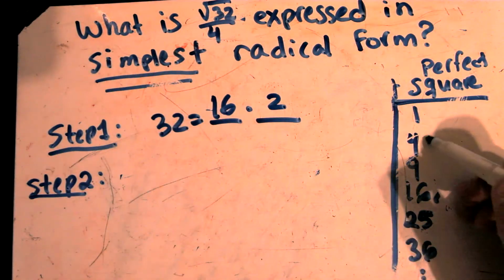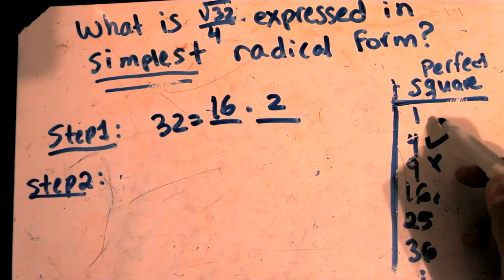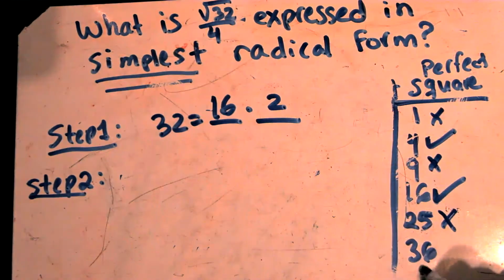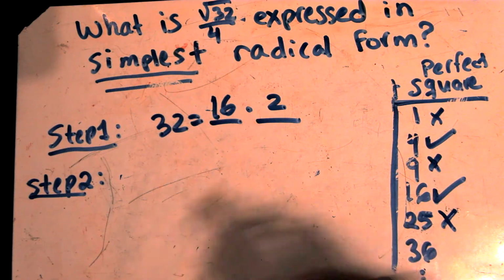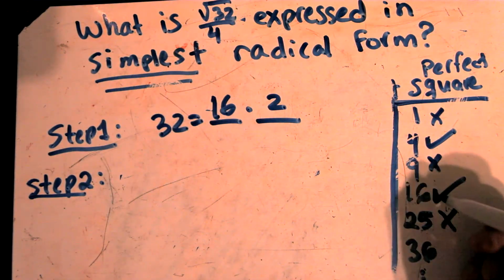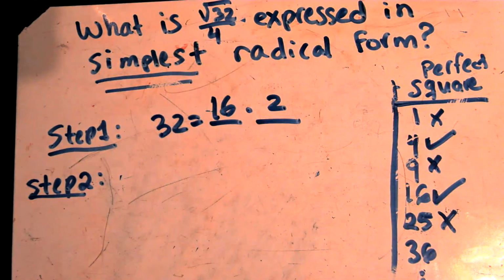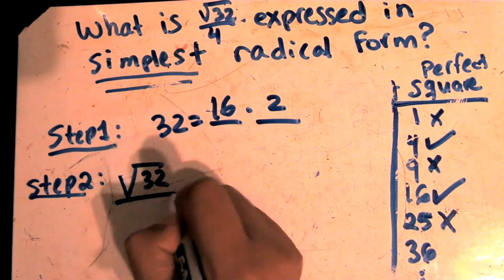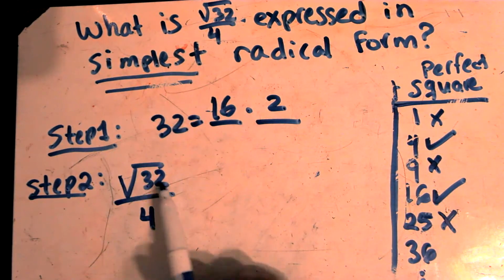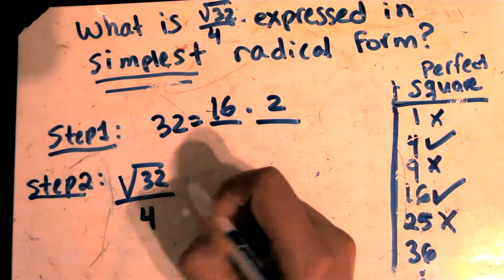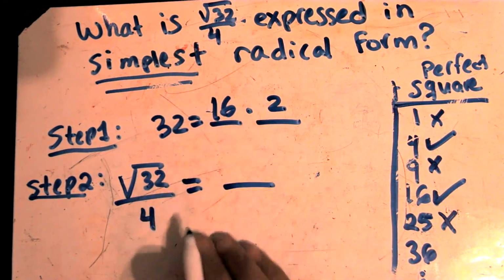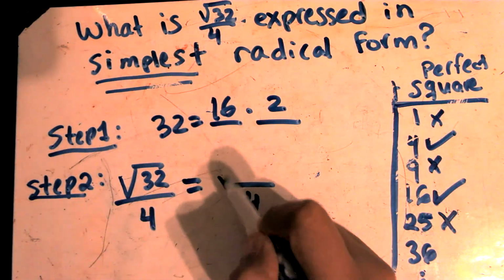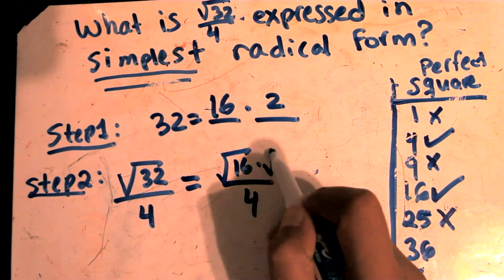As the biggest, we know 4 goes into it, 9 does not, but 16 does, 25 does not, and then 36 is bigger than 32, so we can stop there. 16 is the biggest. So in the same way, step 2, we can rewrite the question. That's radical 32 divided by 4 is equal to an equivalent expression. 4 doesn't change, but radical 32 can be rewritten as radical 16 times radical 2